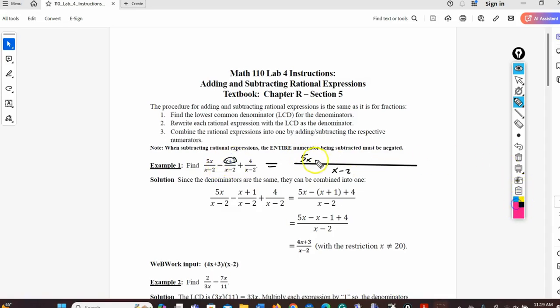So if you just write minus x plus 1, that's wrong because you have not negated everything. So the way to remember that is when you have more than one term in the numerator and it's got a negative sign out the front, what you need to do is put parentheses around it so you won't make that mistake,